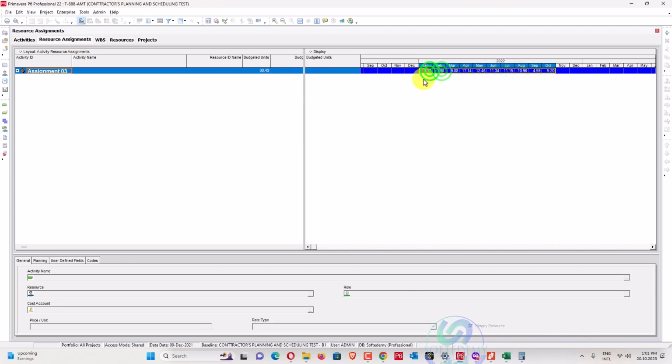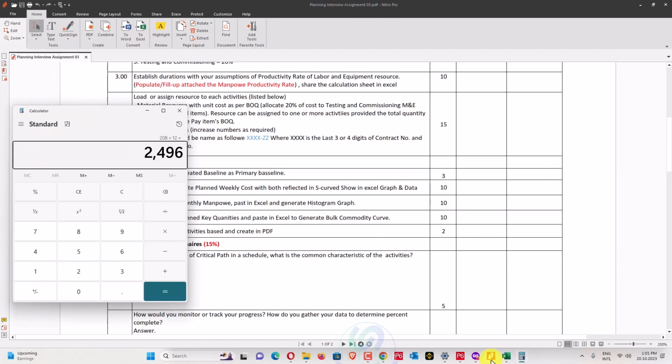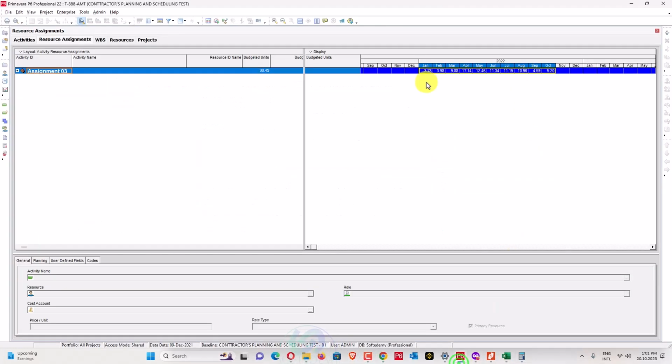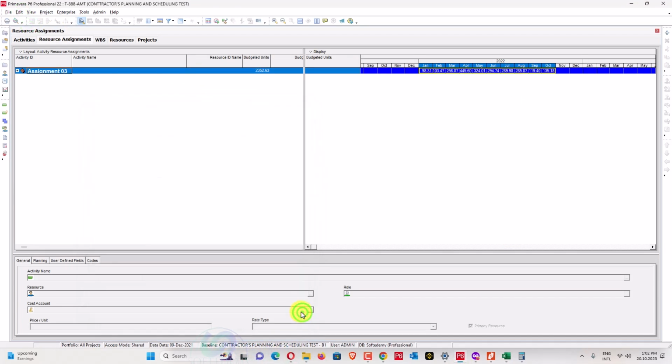All, this is monthly. So we have to confirm something else. We need planned monthly manpower. So this is man months. This is man months. If you require man days in a month, so these ones are the complete man days in the complete month. So 98 man days in this month.